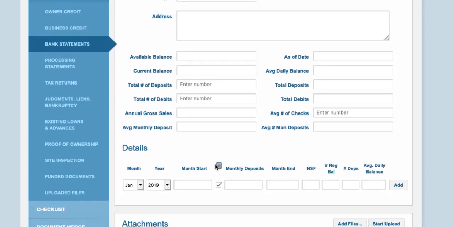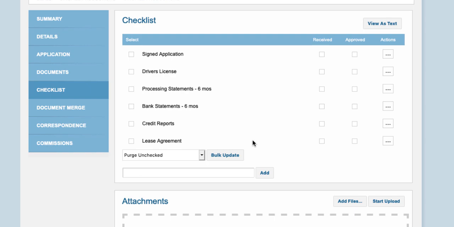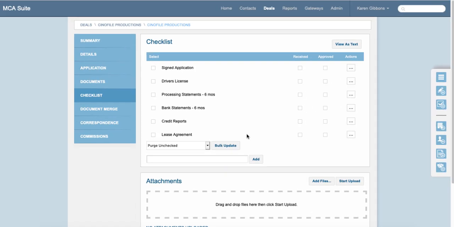Next, the checklist page. The checklist page allows you to create a customized universal checklist of items you typically always require for the deal. You can create the customized checklist during setup in the admin section. Some items might include signed application, 6 months of processing statements, 6 months of bank statements, driver's license, lease agreements, etc. Within the deal checklist, users can mark off items as approved and/or received,